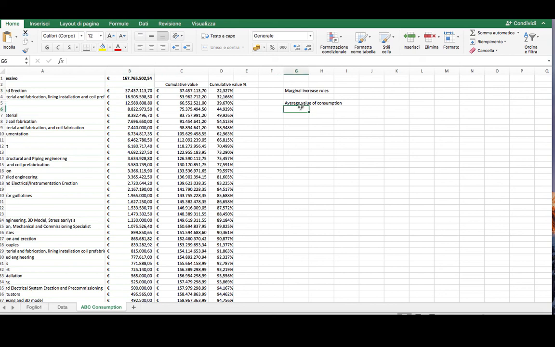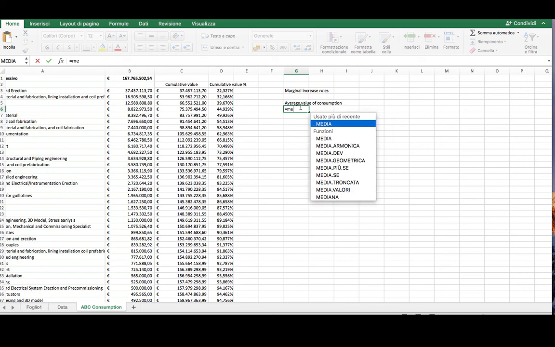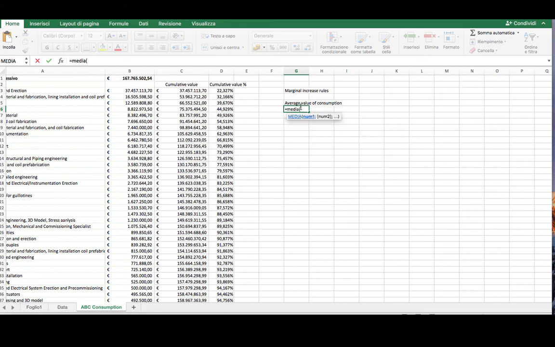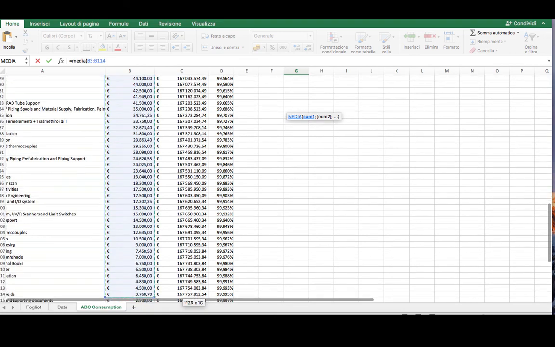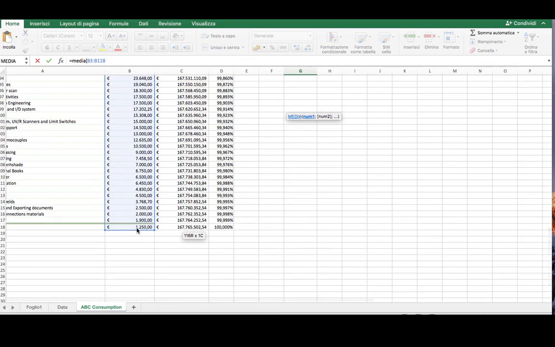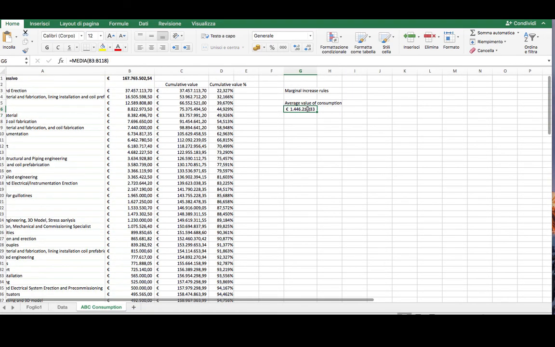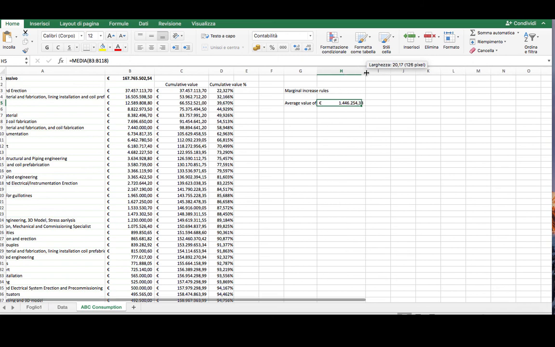Just calculate the average. Sorry, it's in Italian, I write the Italian command, but this is just average. So you type average of this, and you see that on average, each item you have in inventory has an average consumption of